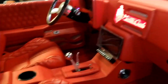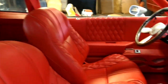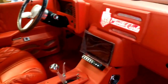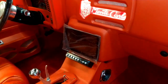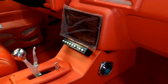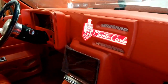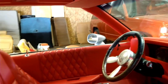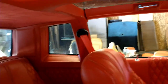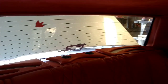Another D.lux production. Pontiac G8 seats. Custom console. 10-inch Android radio. EQ. It's not pushed in because there's no reason to push it in because he's gonna have to wire it up and take it back out. So I ain't push it in. Monte Carlo suede ceiling, red seat belts, faux cal, 6.5s in the back, 2 tweeters,